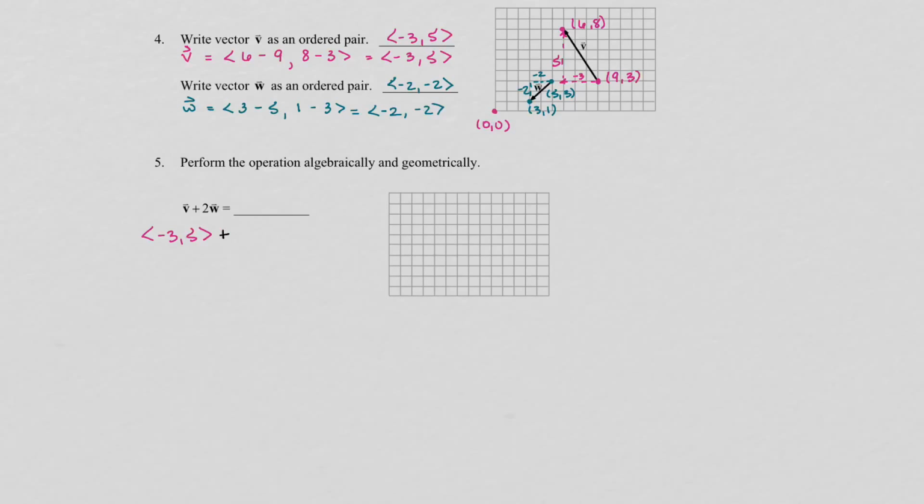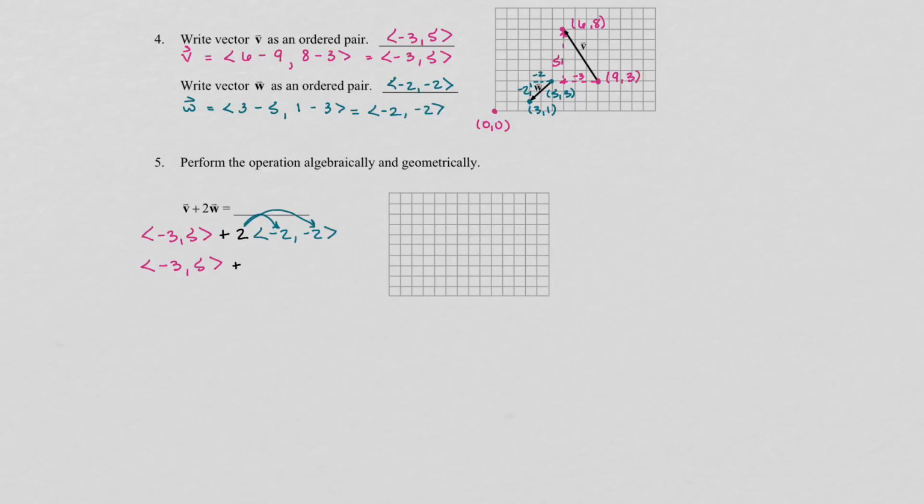And we're going to add 2 times vector w, which is negative 2, negative 2. And we're getting the v and w from example 4, obviously. And so what you do first is you go ahead and multiply that 2 into the second vector, into vector w. And you just, like I said, you treat the chevrons as if they were parentheses. So what you get is, again, negative 3, 5,